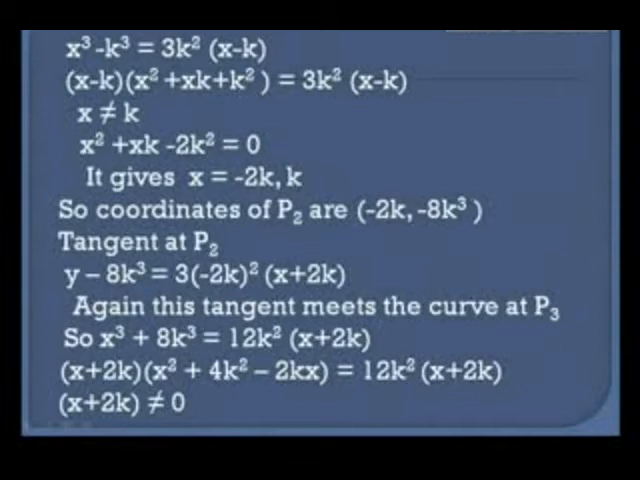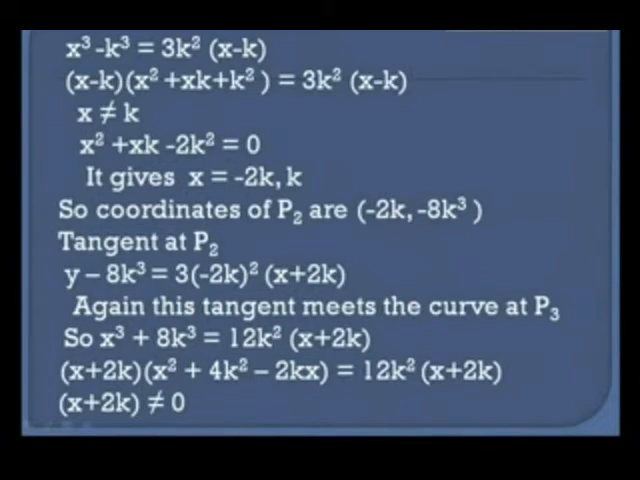k cube equal to 12 times k square into x plus 2k. Now further this is factorized as x plus 2k into x square plus 4k square minus 2kx equal to 12 times k square into x plus 2k. Now x cannot be equal to minus 2k, otherwise it would have the same abscissa as the abscissa of point